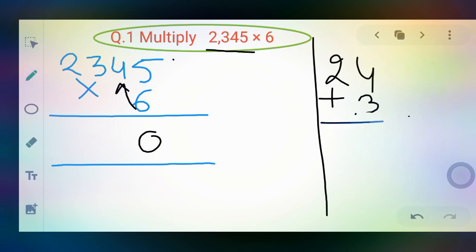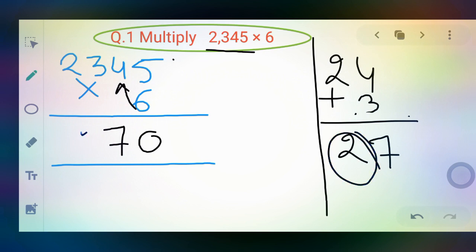Answer becomes 27. So dear student, 7 I write here, means the ones place I write here, and this 2 I will take as carry. Why is this? If I write this 2 here, then it becomes 2 times 100. But I multiply this 6 with only the tens place, so I write only up to the tens here. So this number again I will take as carry. I will add this number with the tens place. After multiplying 6 and 3, I get some number and I add this 2 with that number. Now, I will remove it.